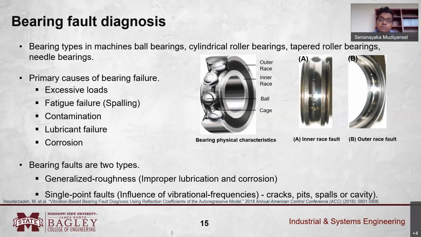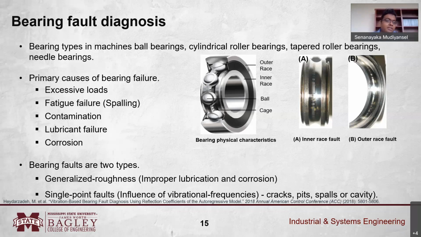The generalized roughness is always based on lubrication failure or corrosion types of failures. And on the right hand side, you can see the most common types of bearing faults: in A, the inner race fault, and in B, the outer race fault. These are the most common types of